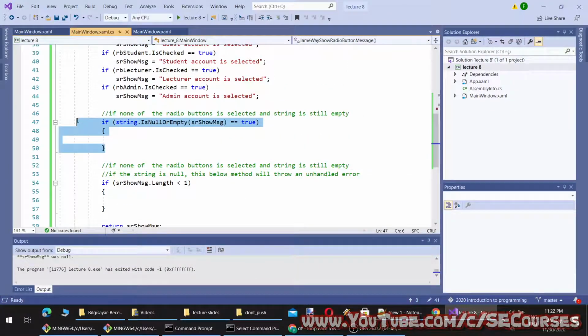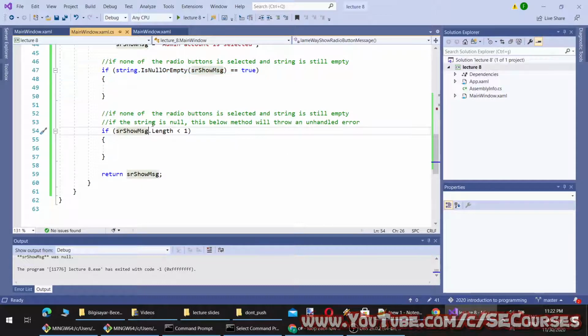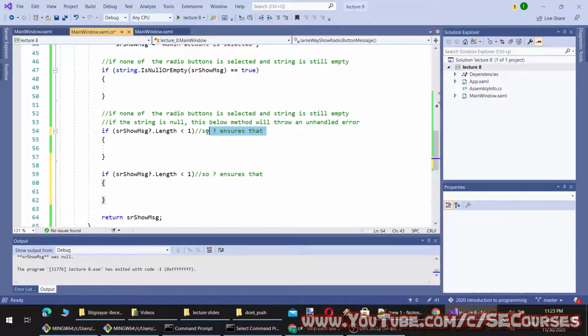So I can use this method, or I can add a null check, which is a feature of newer versions of C#. This question mark will ensure that the right path of the length is only checked if this object is not null. Okay, I will just copy paste to not confuse you. I'm going to make this a comment.